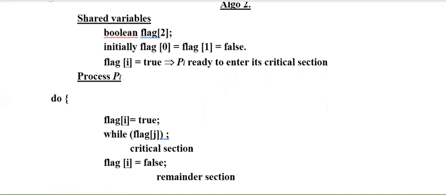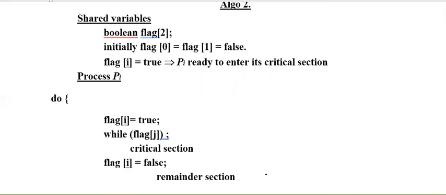So if the next person has raised its flag, it means that that particular person is interested in moving into the critical section. Now, in the previous algorithm, the only case was that the second person was not interested at all, and hence progress got halted. So the simple solution is that only that particular process will enter into the critical section who is interested. So if I can change the entry section of my code, then definitely I can solve the problem of progress.